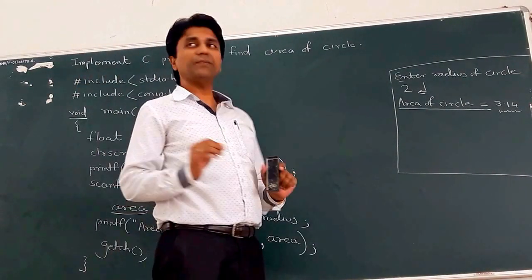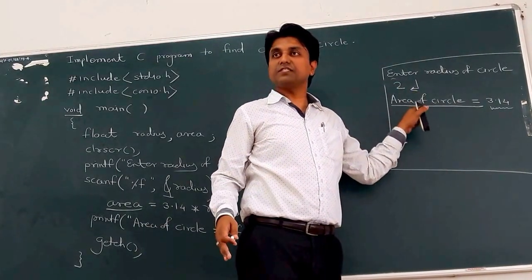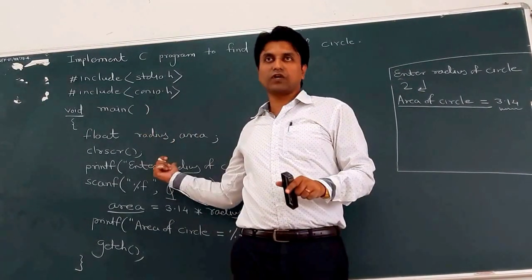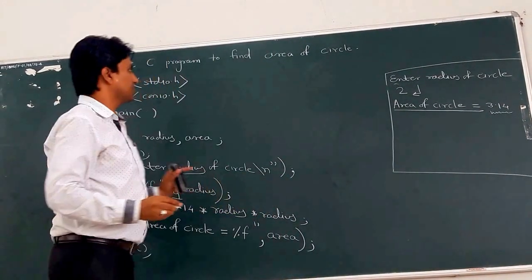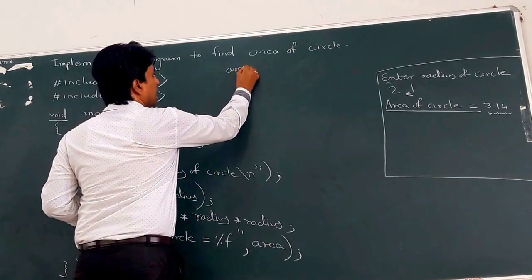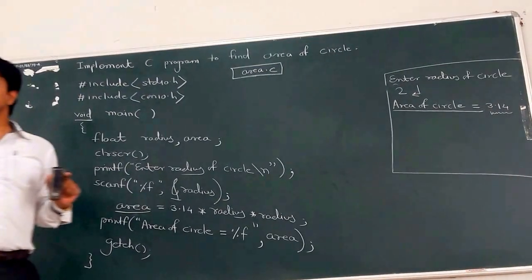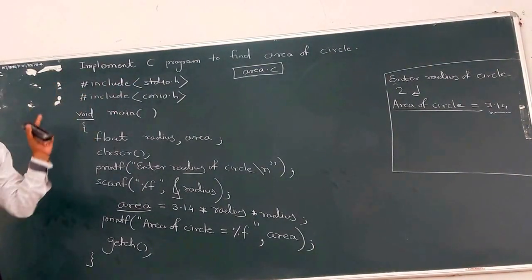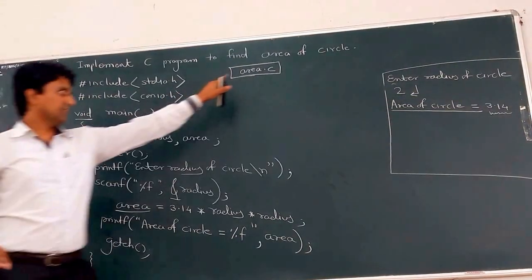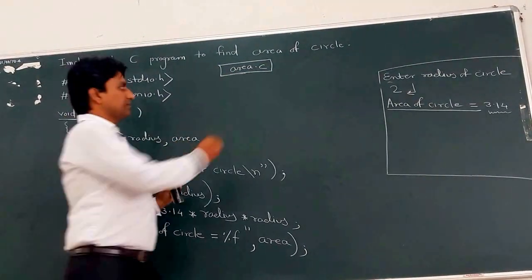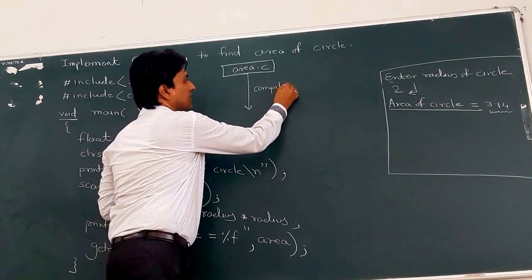Now memory management. This is the output screen, which is displayed when you run your program. Save this total file using the .c extension. Suppose the area of circle, first save this file as Area.c. .c is the extension. Clear? Because we write the program in C language. So the extension is .c. After that, on the console there is one button called compile.